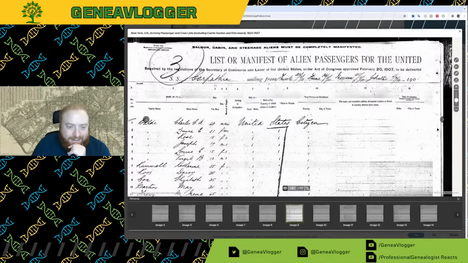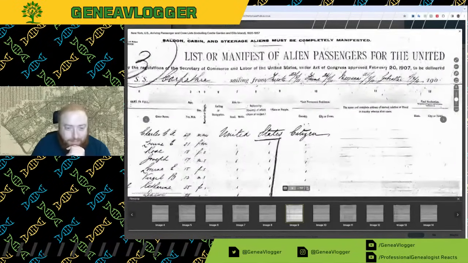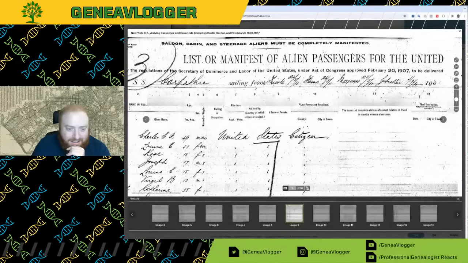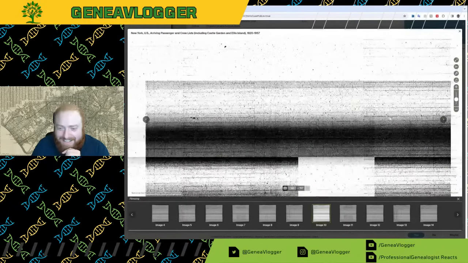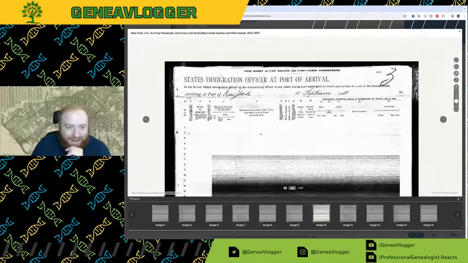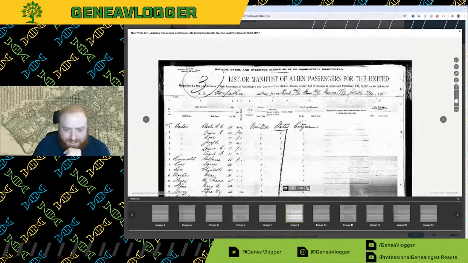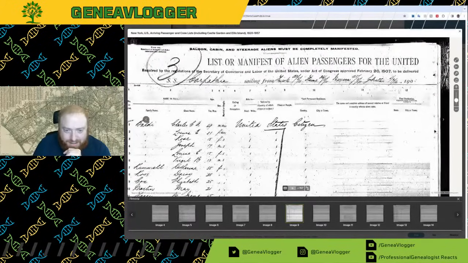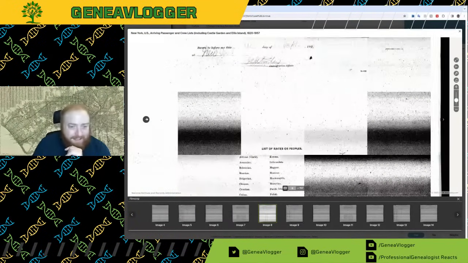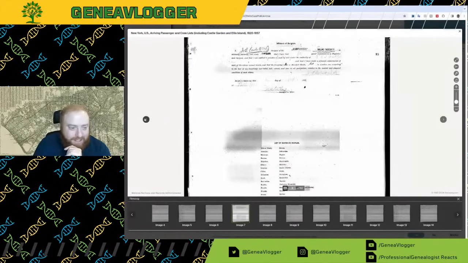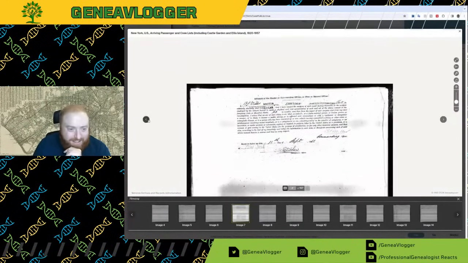The SS Carpathia, sailing from, I cannot read. See, this is the next page. The only one I caught was Gibraltar. Messina. Okay, that's number 3, that's the affidavit.